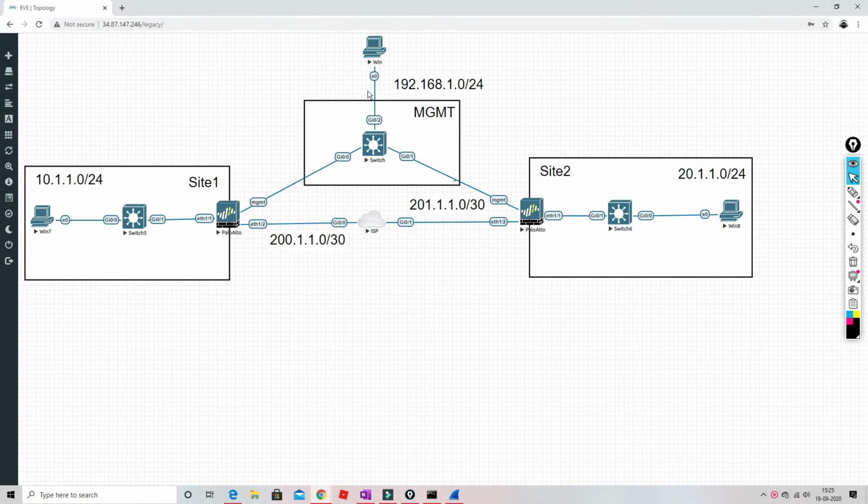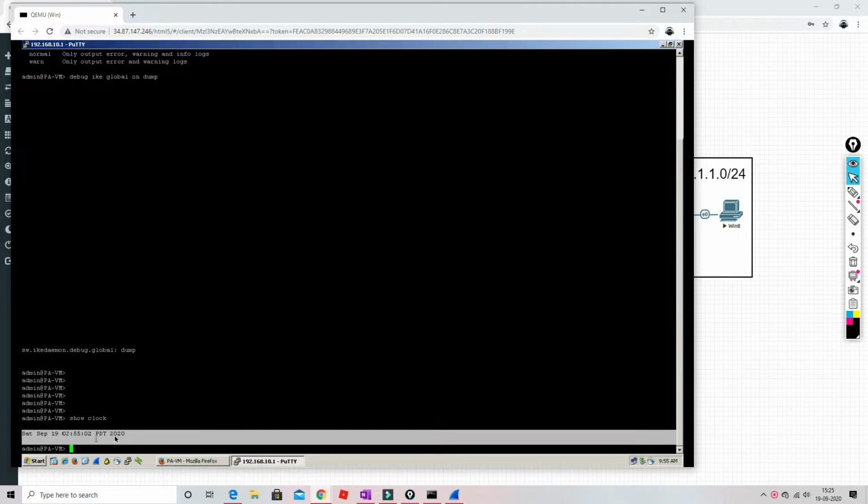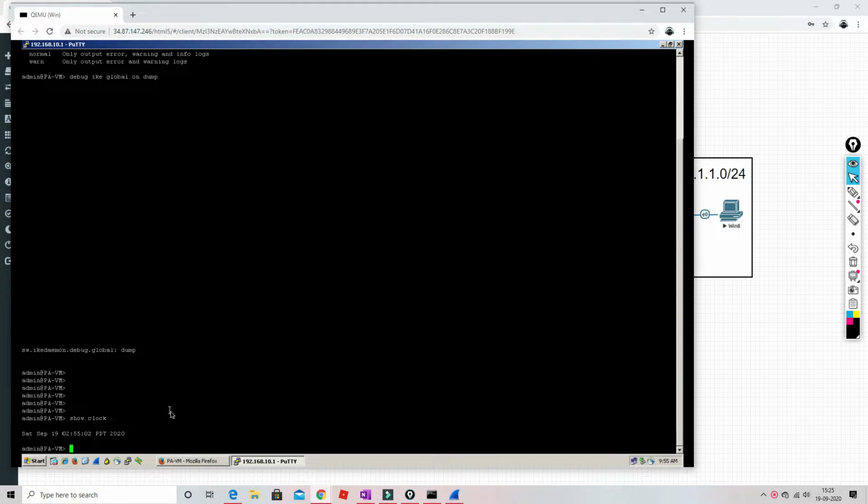Now friends, you have to go to this Win server where we are logging into the Palo Alto Firewall. We have to do a show clock so that you get to know the time of the device. It will be helpful for you to see the logs and match those timings.